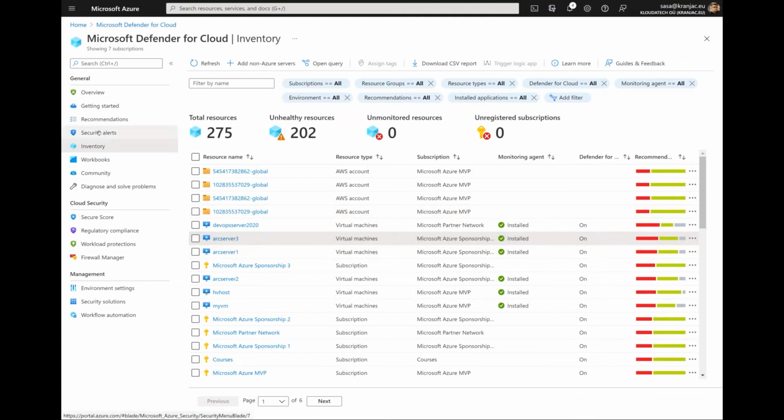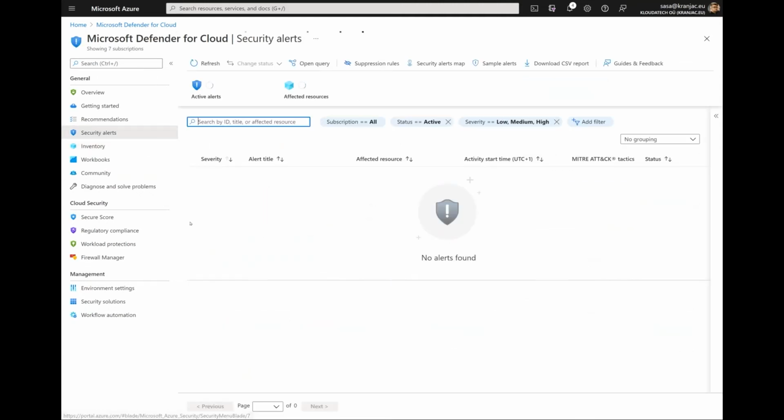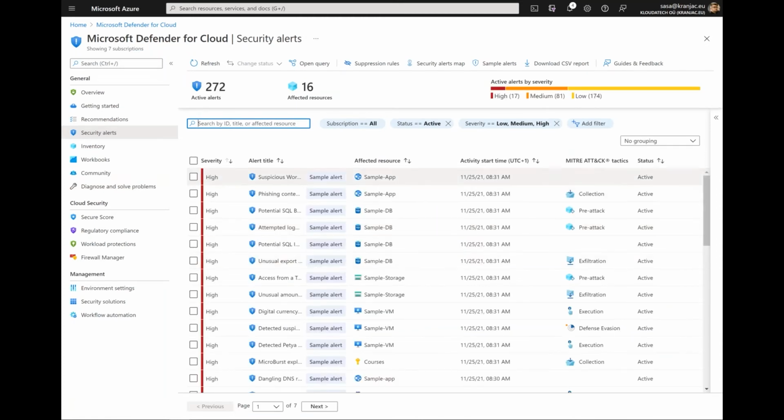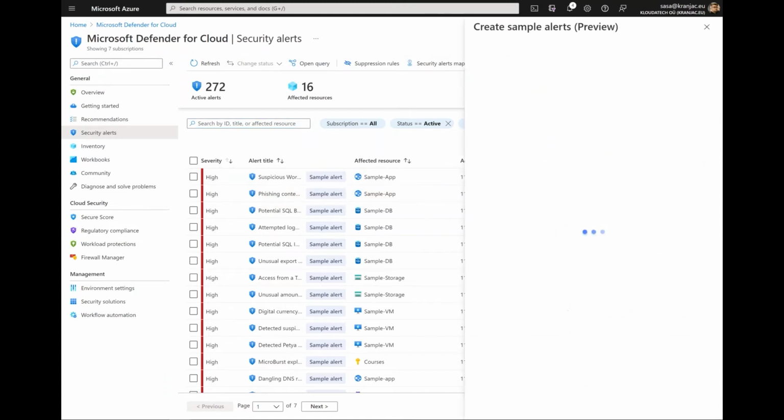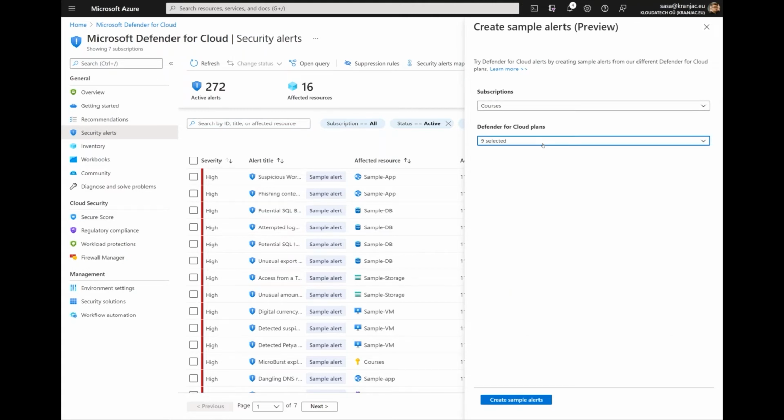We can see the security alerts that have been generated. As you can see, there's also a sample alert. These are alerts that have sample alert tags attached to them. So if you are just starting with Azure Security Center, actually Microsoft Defender for Cloud, you can generate sample alerts if you don't want to wait, or if you want to see different alert types, and pick the subscription and also the Defender for Cloud plans for which these sample alerts